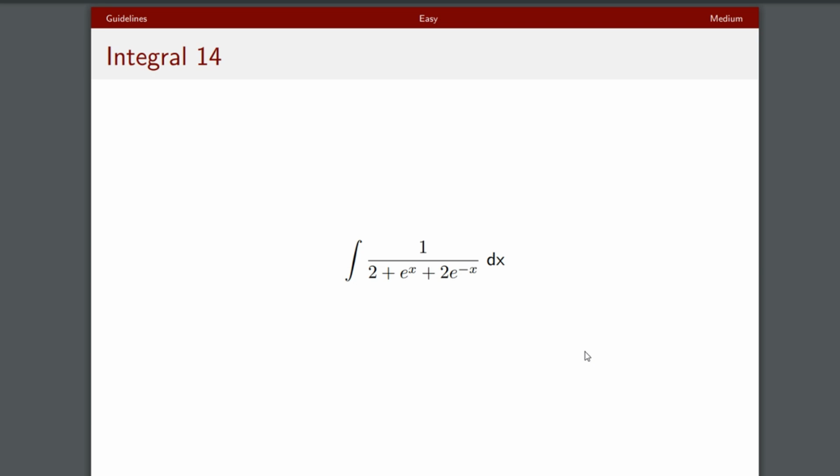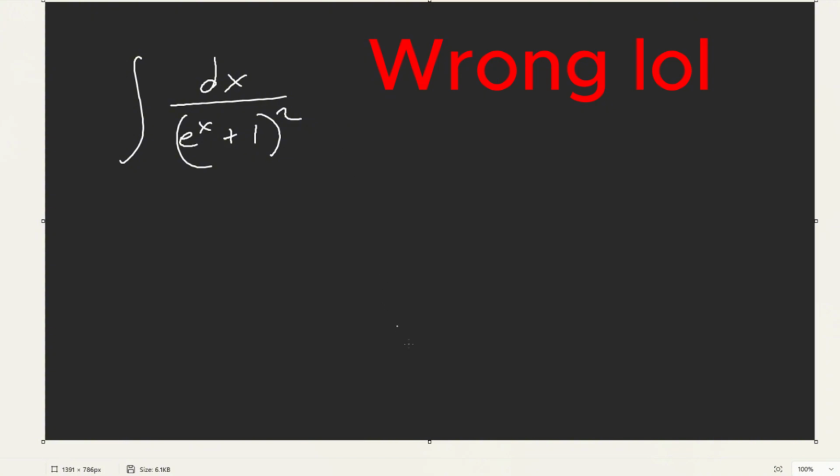This looks like e^x plus 1 squared at the bottom, right? So if you can do that and notice that, instead of rewriting it, you can just rewrite it in your way. Okay. However,